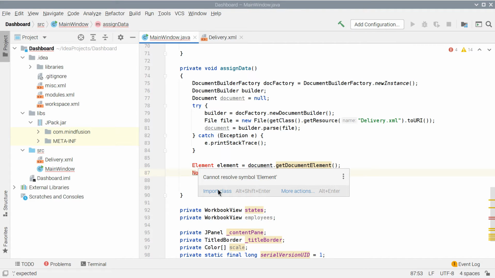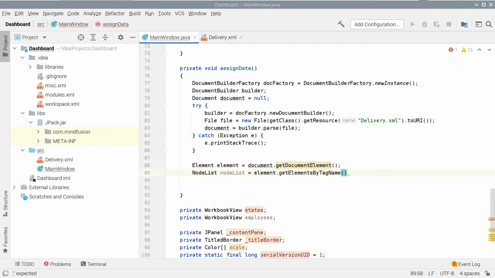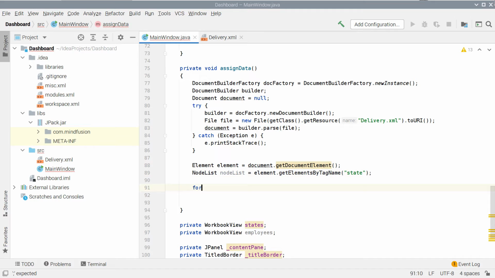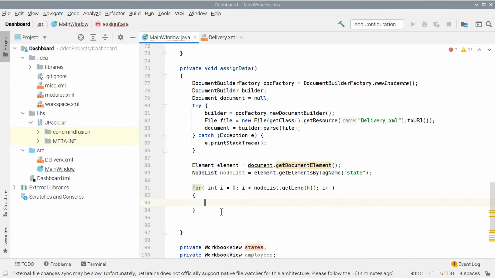We get the state nodes from this element. We cycle through all of them and get the attributes, name, offices, and rating on each one.